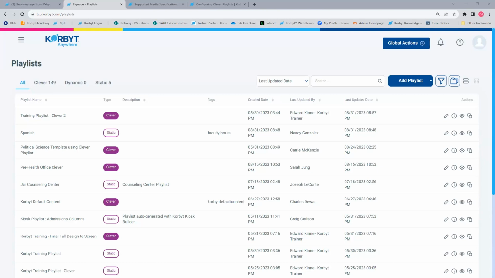The players check in every 15 minutes. So wherever they are in their 15-minute check-in cycle is going to decide what's actually seen on your screens. Kurt, good question. If your player is pending, you're going to want to talk to your IT group to troubleshoot why your player hasn't connected fully to Korbyt.